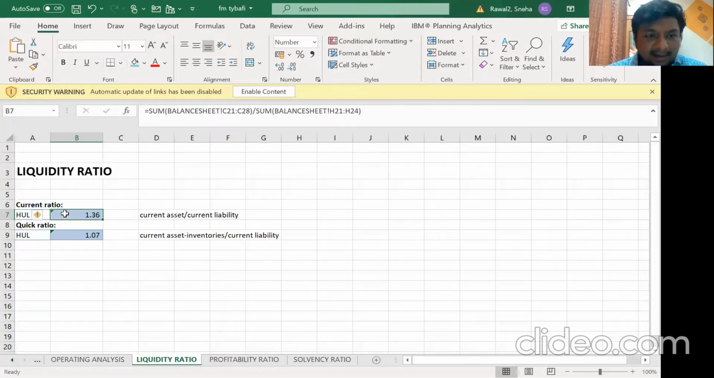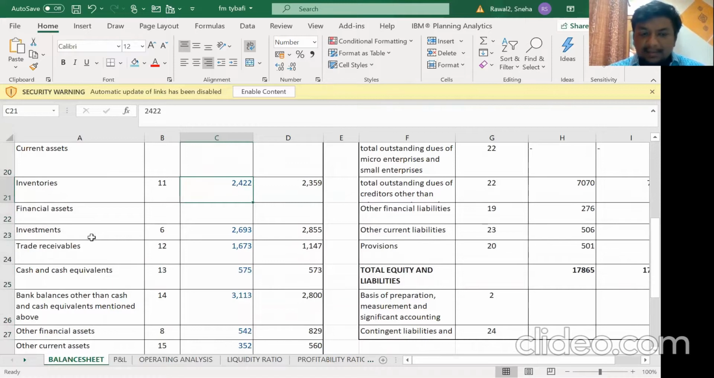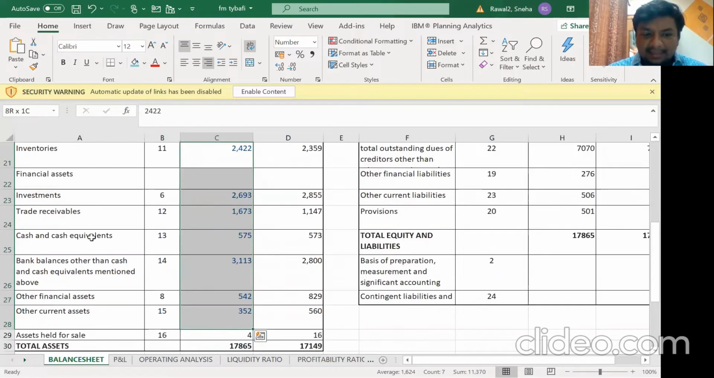First one is current ratio. Current ratio's formula is current assets divided by current liabilities. The higher the ratio, better is the company in terms of repaying its short-term obligations. So how have we calculated? It is the sum total of current assets, that is inventories plus investments plus trade receivables plus cash and cash equivalents plus bank balances plus financial assets, other assets, and assets held for sale